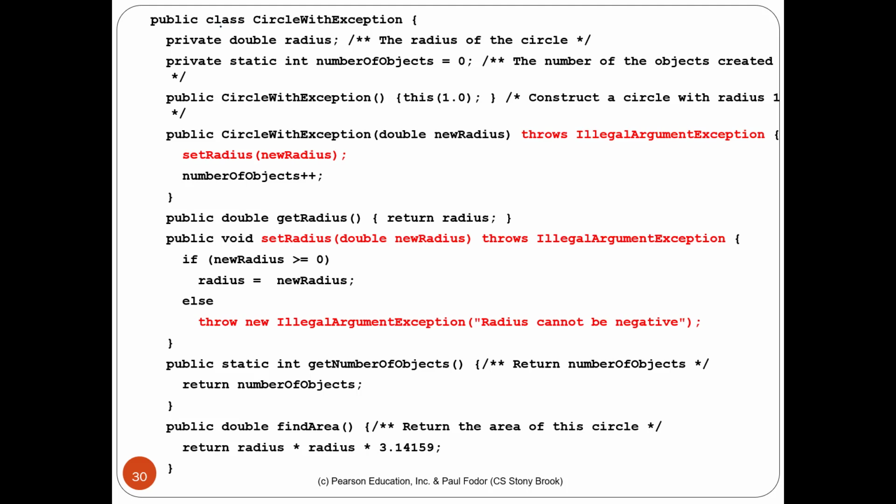So our new class is public class circle with exception, starts from here, ends right here. Good. Now this class has a data member radius, which is private and double, just the way we had in the simple circle class. We have a static member which will count how many objects we have, initialized to 0. Now we have written a constructor for this class, so its name should be the same. So we'll say public circle with exception. This is a no arg constructor, and therefore we are calling this 1.0. That means we are invoking